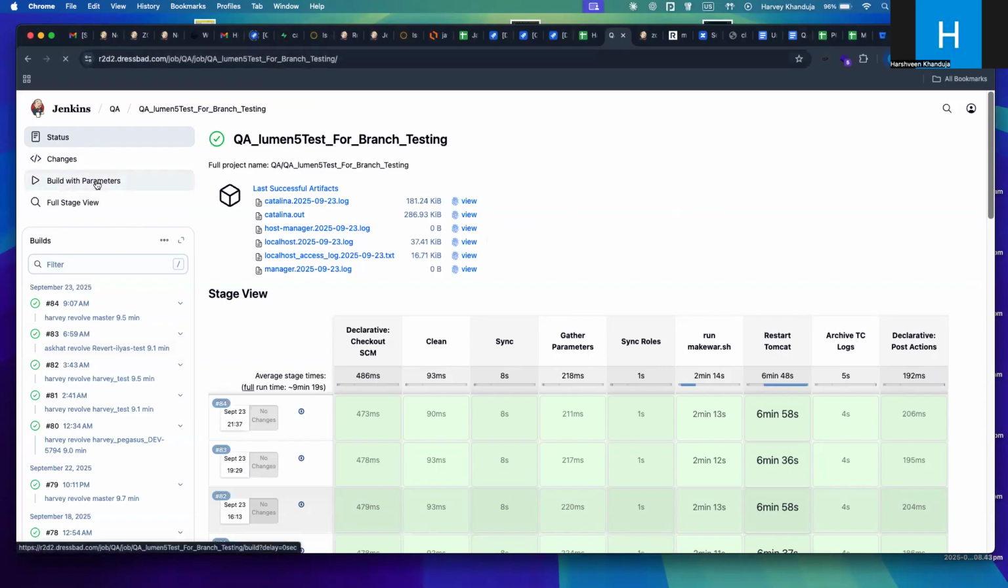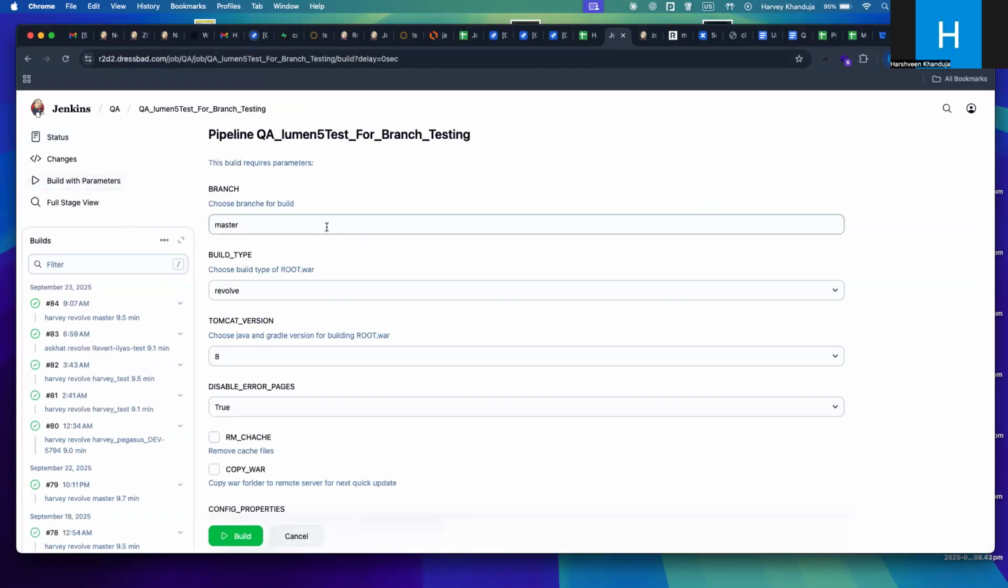How to do it? I'll click on build with parameters. I'll put my branch name here. So my branch name is, for example,